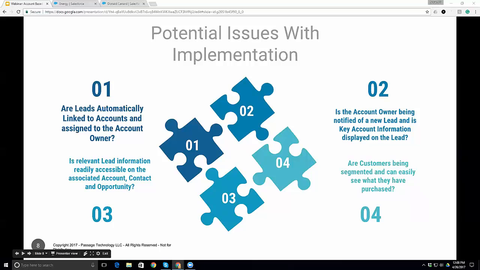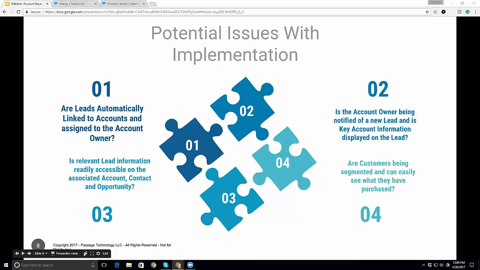Depending on how many different objects the information resides on, reporting can become quite challenging, if not impossible, unless it is combined on 1 or 2 objects. So you need the availability of centralized data. You can try using joined reports or custom report types, but at some point you reach limits where you can't get all the information from all the objects that you need. So using a custom object to tie everything together and have one central place for all of your data allows that reporting to happen more efficiently, and so you can get better tracking on your sales performance and on your ROI for your marketing team.